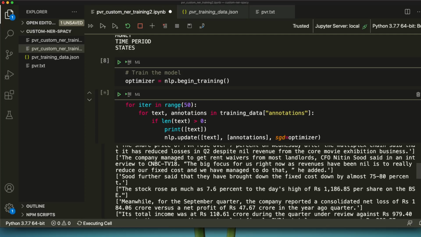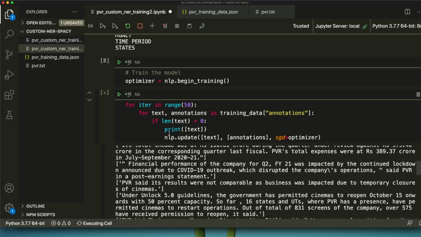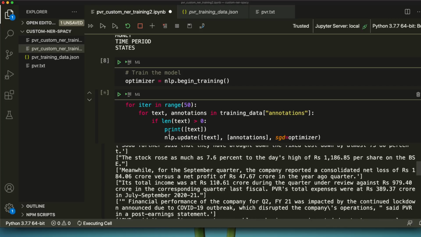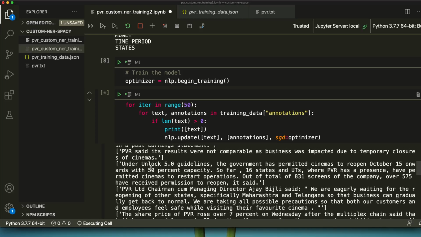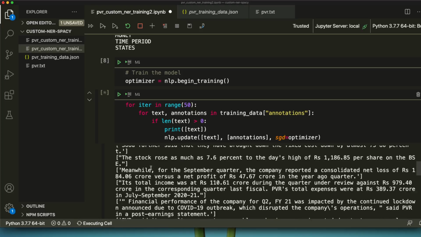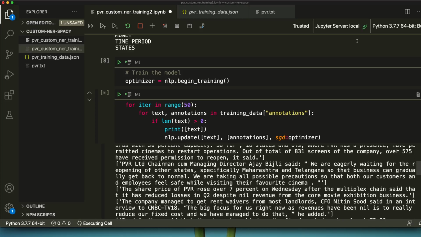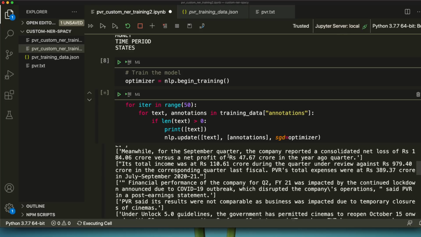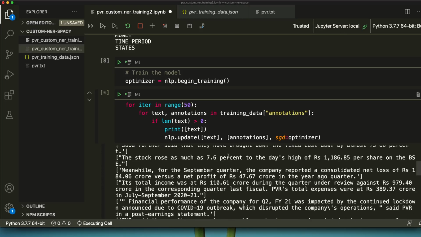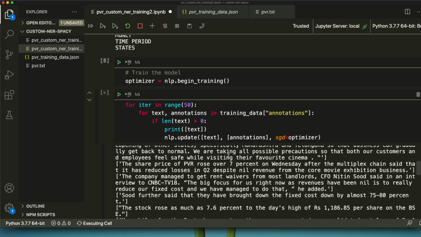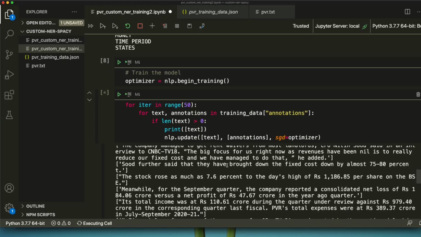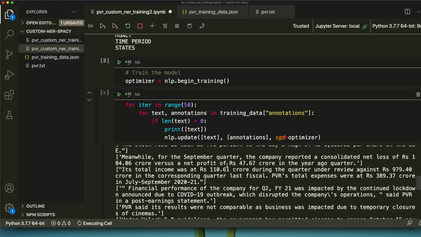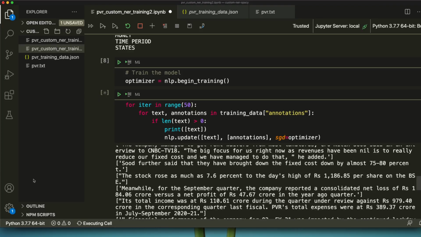One thing that I learned today is that never run multiple instances of Jupyter Notebook. One on Jupyter, two instances on VS Code, and naming everything as doc, NLP, text. It definitely messes up your environment. I still need to find out what the scope is, because maybe this has a common server. Multiple instances of the same Jupyter Notebook with the same object name are likely to mess things up. It's still training. I think 50 is a bit of an overhead, and let's see how soon it finishes.